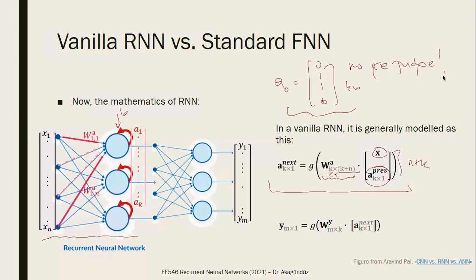Okay? So that's why in RNNs, practically, the first hidden state is usually zero. Not necessarily, but practically most of the cases. And this is the definition of vanilla RNN, by the way. If you want an output out of a vanilla RNN, it could be an M-layered output or a single-layered output. It doesn't matter. You need an FFN structure connected to it, like the output layer, okay?